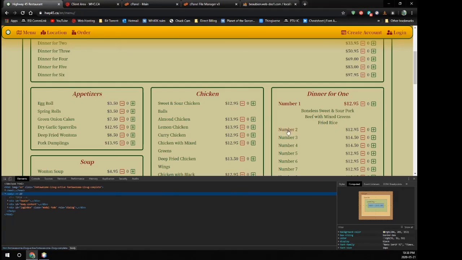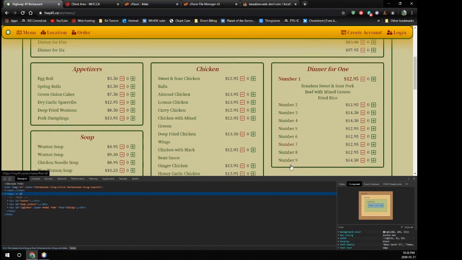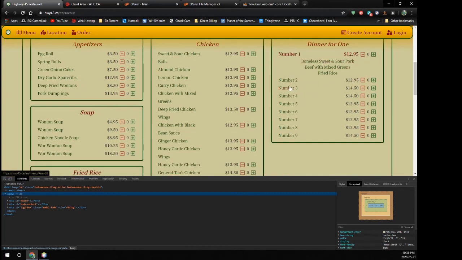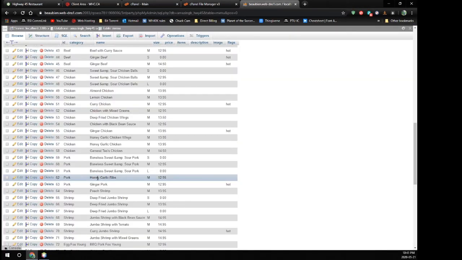Hopefully. Okay, so now what I want to do is go ahead and add the other items into these ones here. Now, the super sad thing is I actually missed a menu item that goes between these two. There's actually a honey garlic pork as well as the honey garlic ribs and the ginger pork. So I want that to show up in the order that it is on the menu. So I actually need to insert it between these two, but you can't because of the way that the numbering